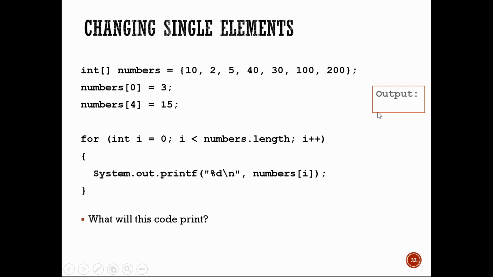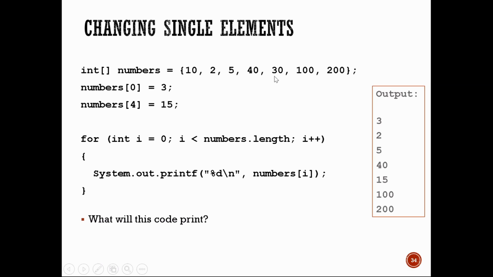So let us see if it's really what it will be doing. The expected output is 3, 3, 2. Why is it 3 instead of 10? Because of this line of command wherein we changed 10 into 3, followed by 2, 5, 40, and our 30, it was changed to 15